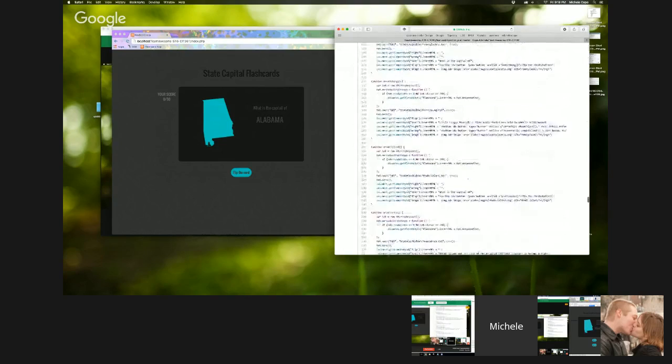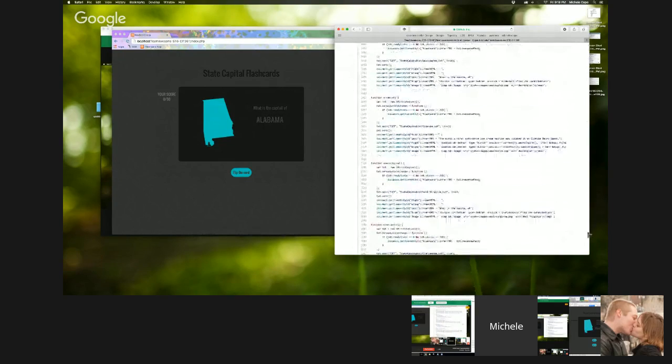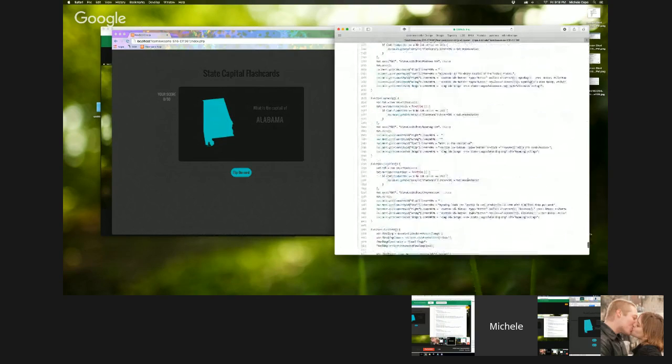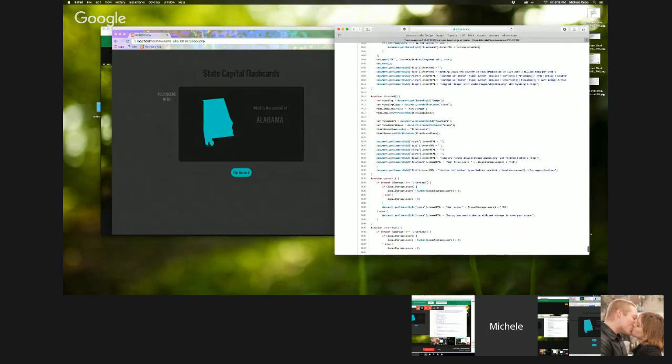Also in the finished function here, I created some more classes that would also help override the CSS. I feel like that's how I contributed in JavaScript.